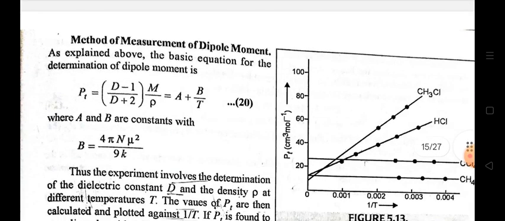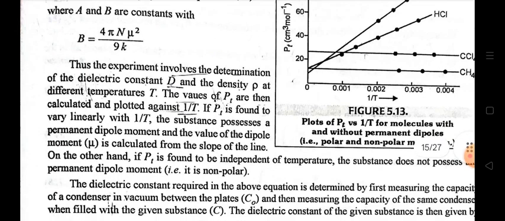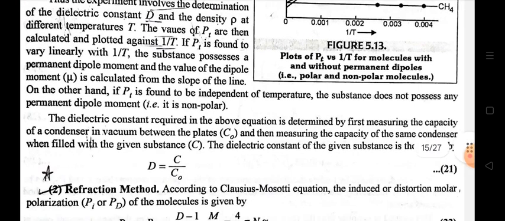Method of measurement of dipole moment. As explained above, the basic equation for the determination of dipole moment is Pt is equal to (D minus 1) upon (D plus 2) into M by rho, that is equal to A plus B by T, that is equation 20. A and B are constants with B is equal to 4 pi N mu square upon 9k. Thus, the experiment involves the determination of the dielectric constant D and the density rho at different temperatures T. The values of Pt are then calculated and plotted against 1 by T. If Pt is found to vary linearly with 1 by T, the substance possesses a permanent dipole moment and the value of the dipole moment mu is calculated from the slope of the line. On the other hand, if Pt is found to be independent of temperature, the substance does not possess any permanent dipole moment,